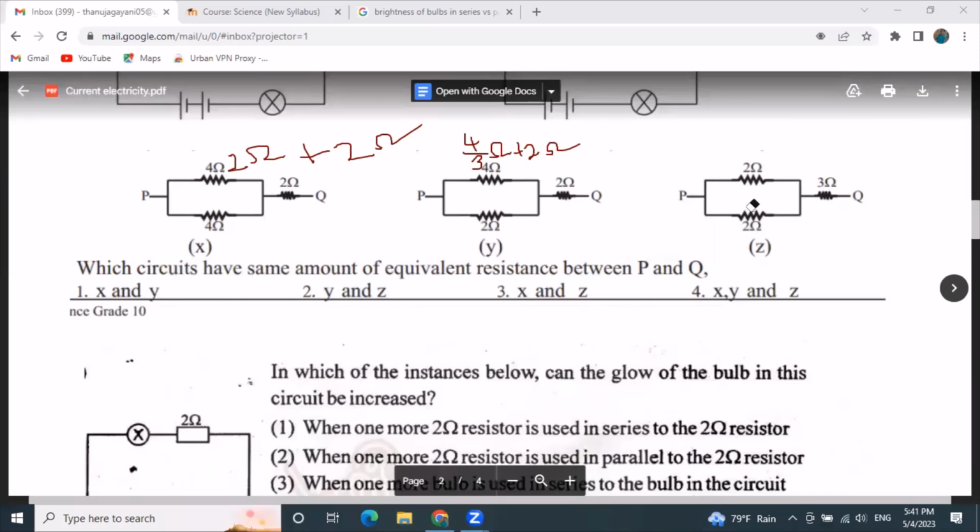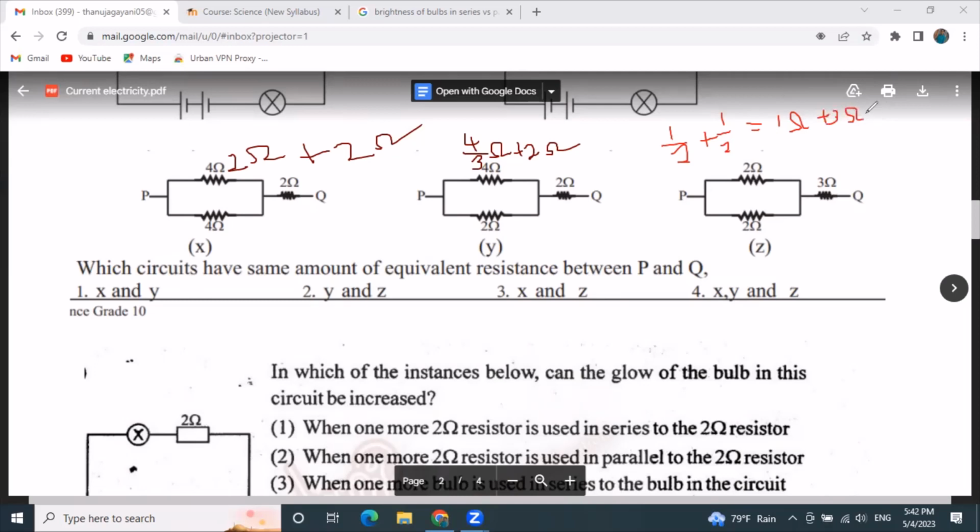Okay, next question. No, next answer. Here 2 ohm plus 2 ohm plus 3 ohm. Let's look at 2 ohm plus 2 ohm plus 3 ohm. 2 ohm plus 2 ohm means 1 over 2 plus 1 over 2. Generally, we know that half plus half is equal to 1. So here 1 ohm. 1 ohm plus 3 ohm means